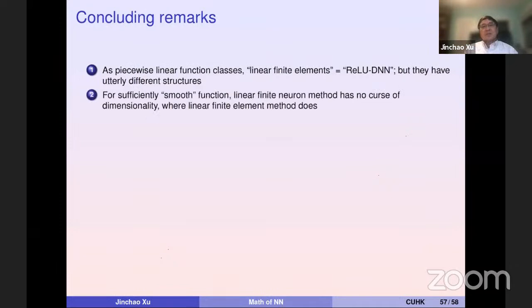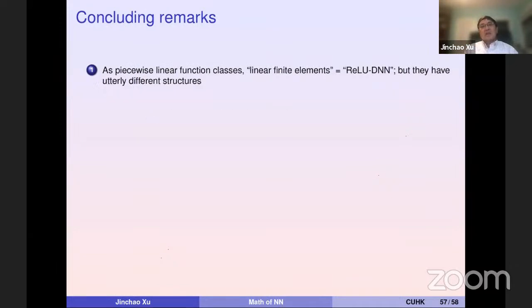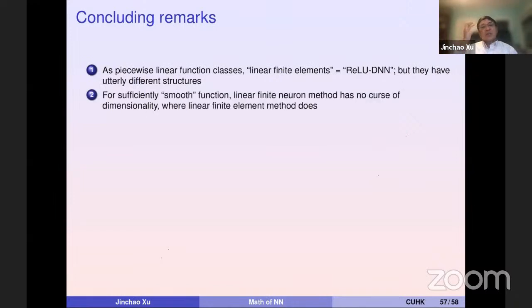In particular, the error estimate is so much better. And for sufficiently smooth functions, the linear finite neural method has no curse of dimensionality. Basically, if your function is in this variation space,